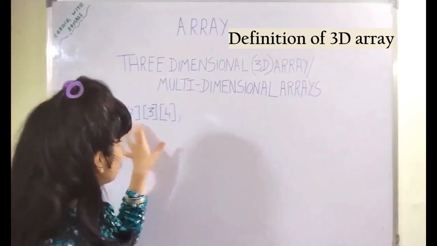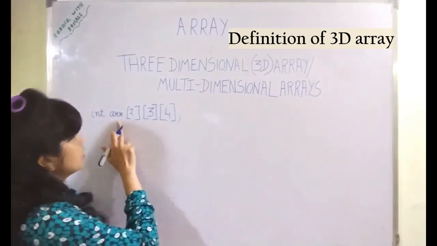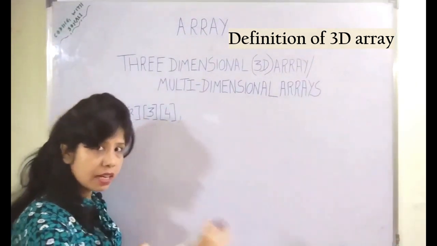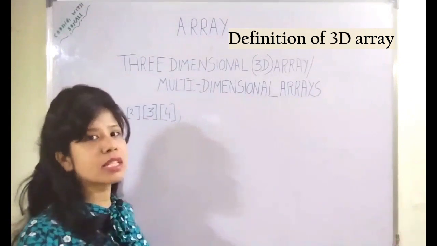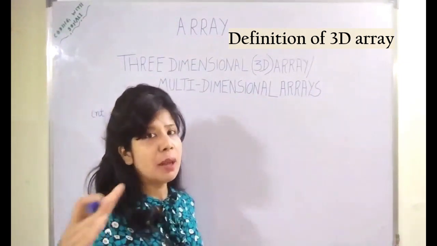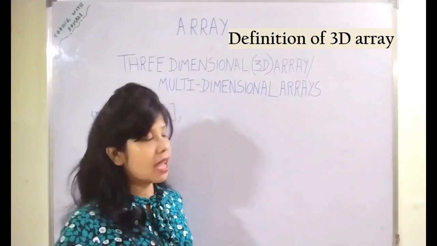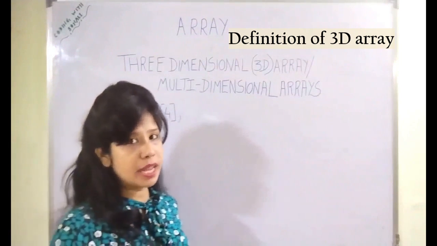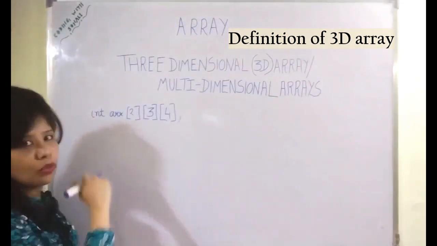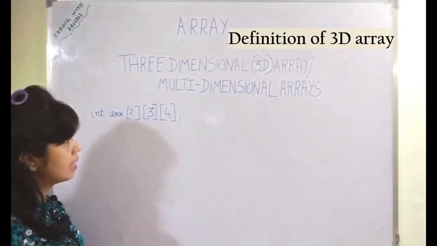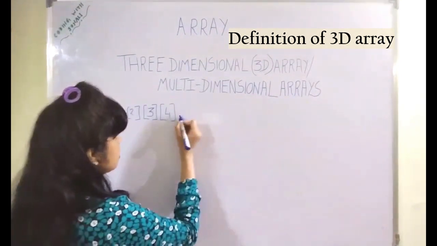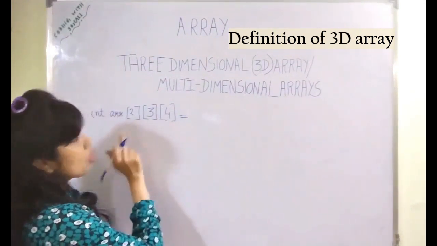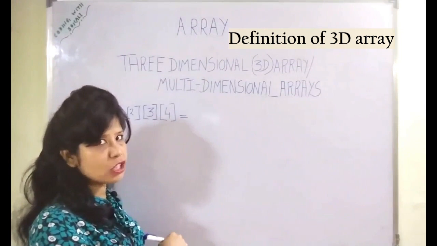So if I define this 3D array, it is a collection of elements, and these elements are arranged in memory in contiguous memory locations in a consecutive manner, one after the other. And the elements which are there in the case of the 3D array are 2D arrays. Now let's see how we can properly define this 3D array. Let me initialize it, then you will understand. First of all, as I am saying, a 3D array is a collection of elements. So how will you determine how many elements are there in the case of the 3D array?